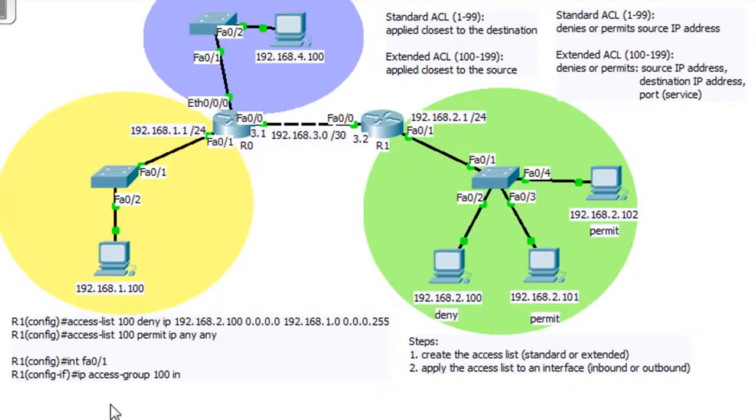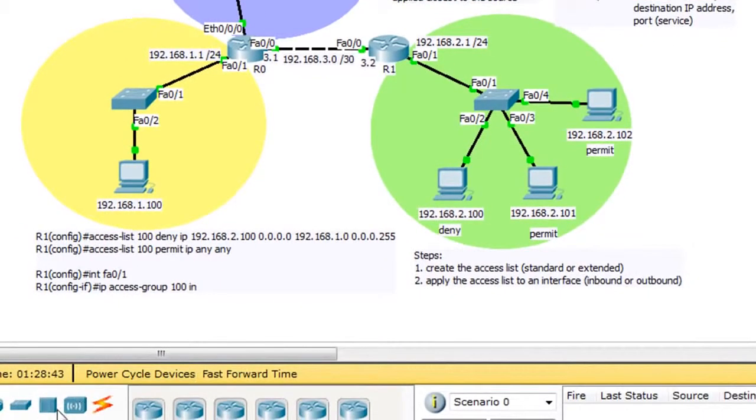So now what we'll do is we're going to add another piece to it, because with extended access lists, we can also deny or permit a port or a service, basically a different protocol. We can deny beyond just IP addresses. We can also deny other protocols as well. So what we'll do is, to do this, we'll make it fun, we'll go to the end devices here, and